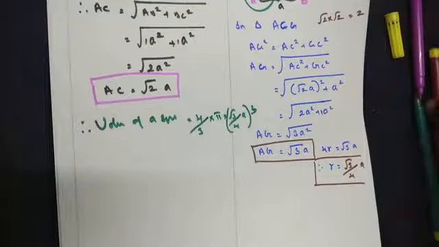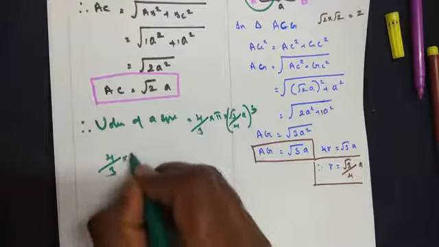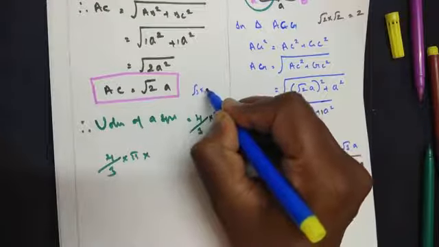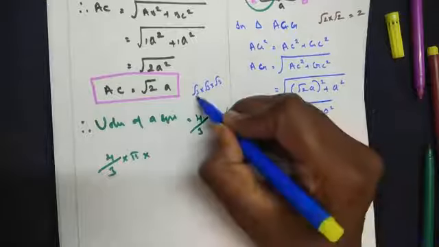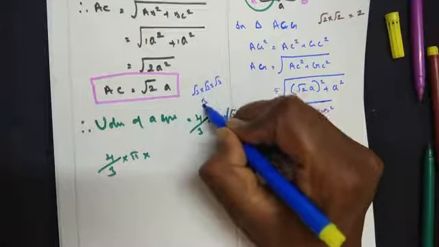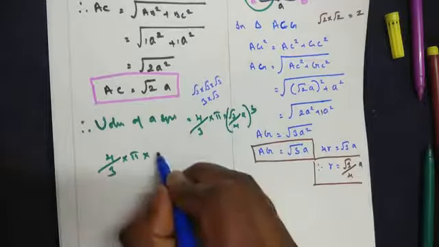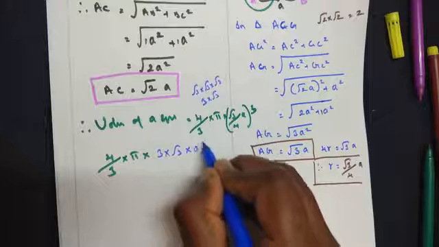Now let's move on with one more thing. Let's simplify the step here. So if we simplify, 4 by 3 into pi as it is, you also will get the cube: square root of 3 into square root of 3 into square root of 3, and the square root of 3 into square root of 3 will become a 3. So the final answer is 3 into square root 3. So you get 3 into square root 3 into A cube.